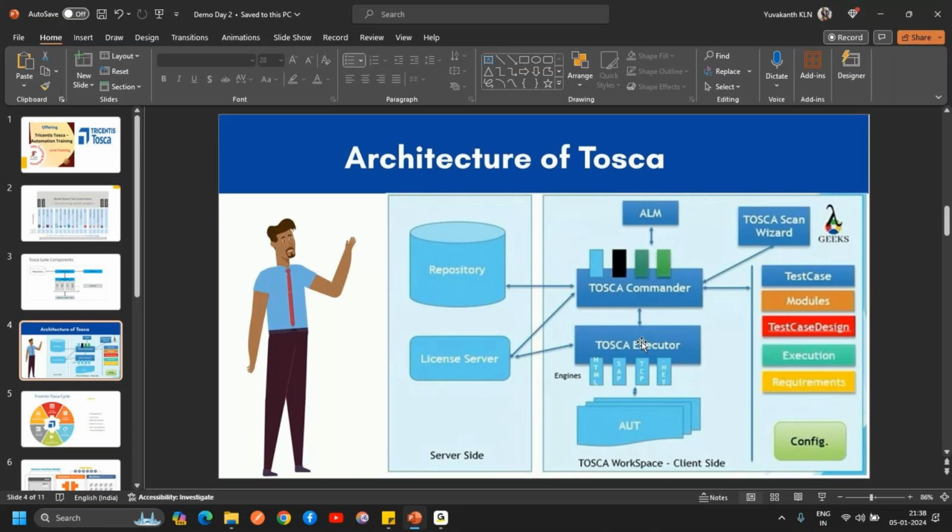And here you can create your test case. You have different sections in the commander: the test case section, module section, test case design section, and execution and requirements. So these are the different tabs you will be working with when you are working with Tosca. Okay,